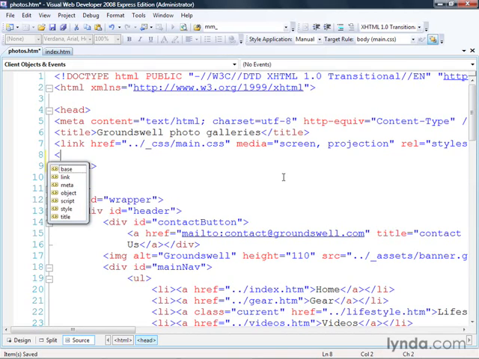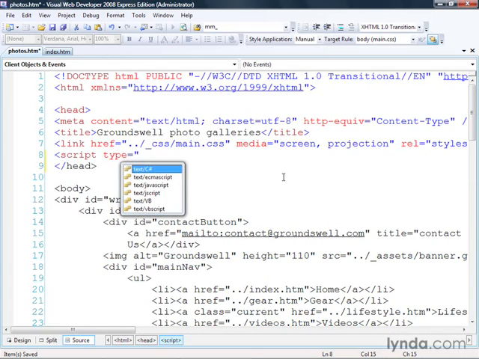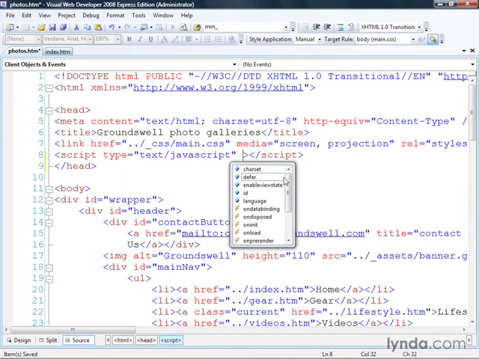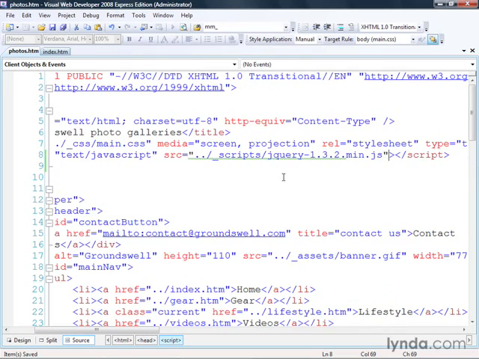We're going to say script, and the type is equal to JavaScript, and the source, we're going to point that at the jQuery library, and our jQuery library is located one directory up in scripts, and that is jQuery-132.min.js. Now we've got the script included. What we need to do now is write our script that is going to handle the